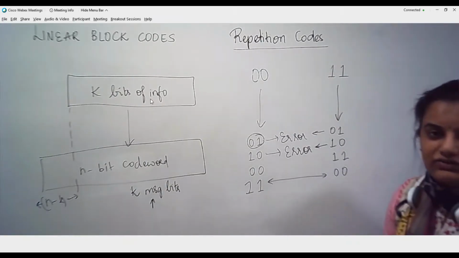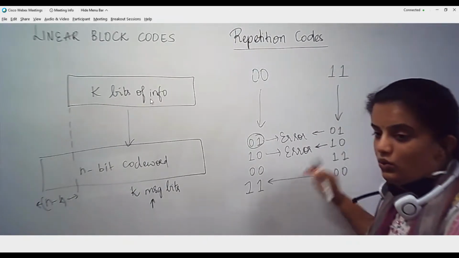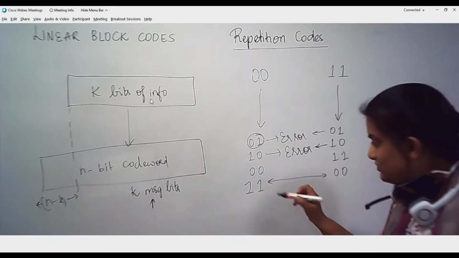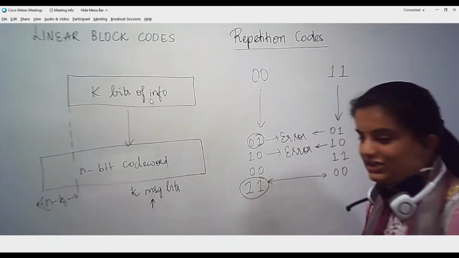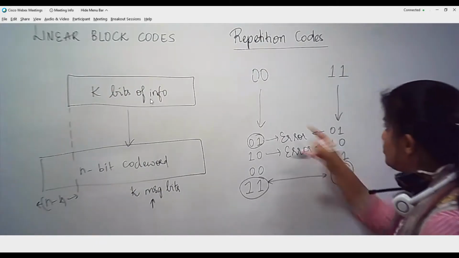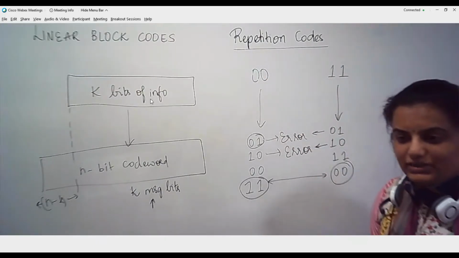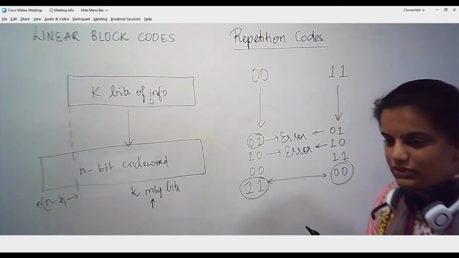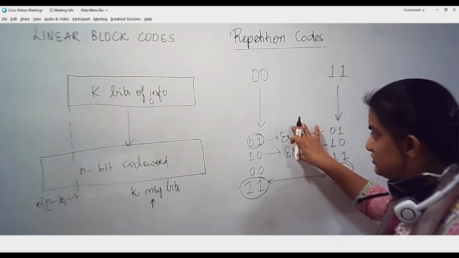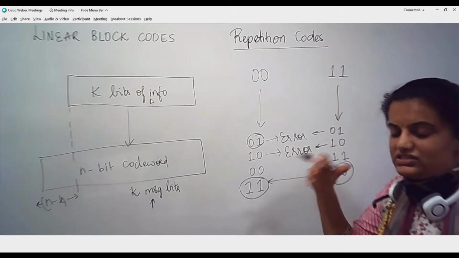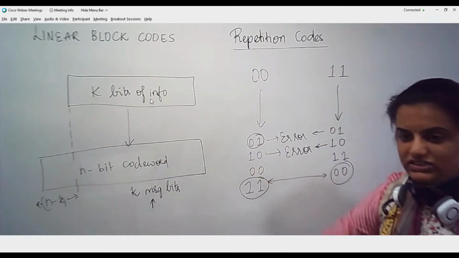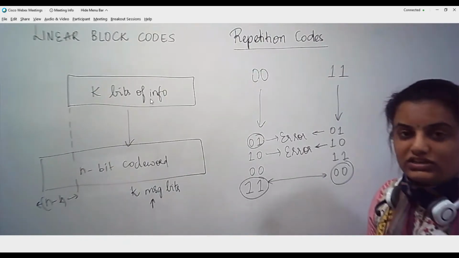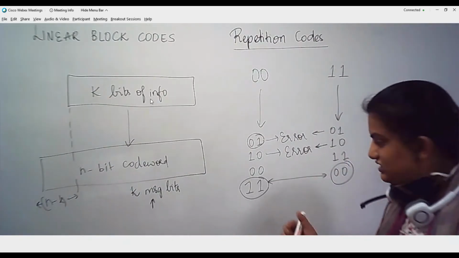I will never be able to even detect whether the error has occurred or not. That is because this is a valid code word. This is also a valid code word. Getting my point? Any doubts so far? Please try to understand. It's a very simple concept, because a similar analogy we will be using even in the linear block codes while we are doing the decoding process. So please try to understand this.